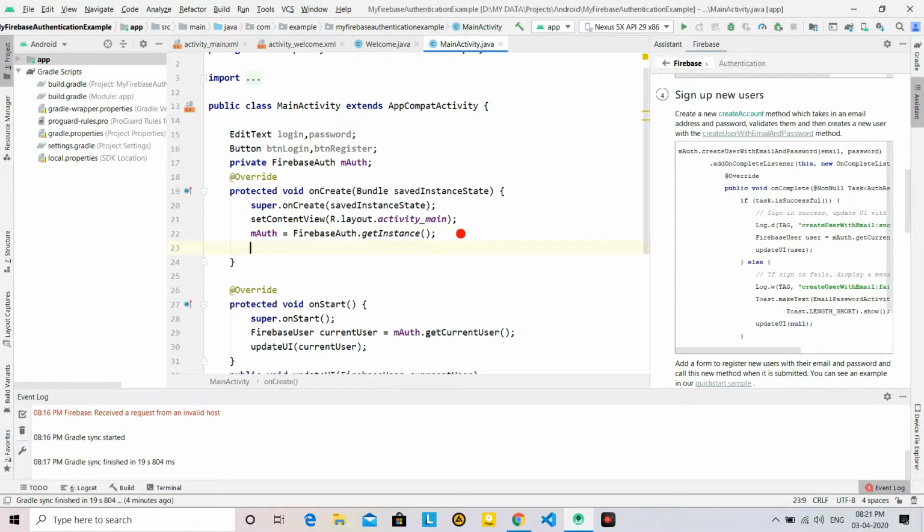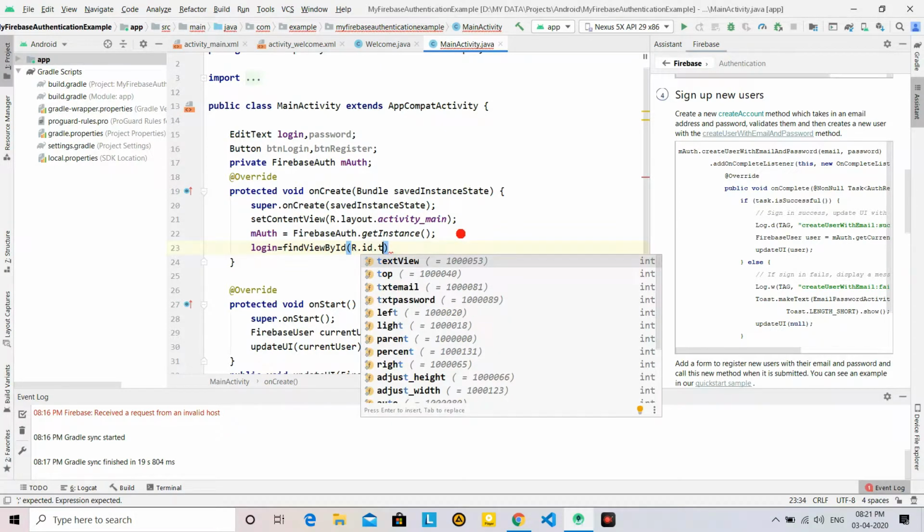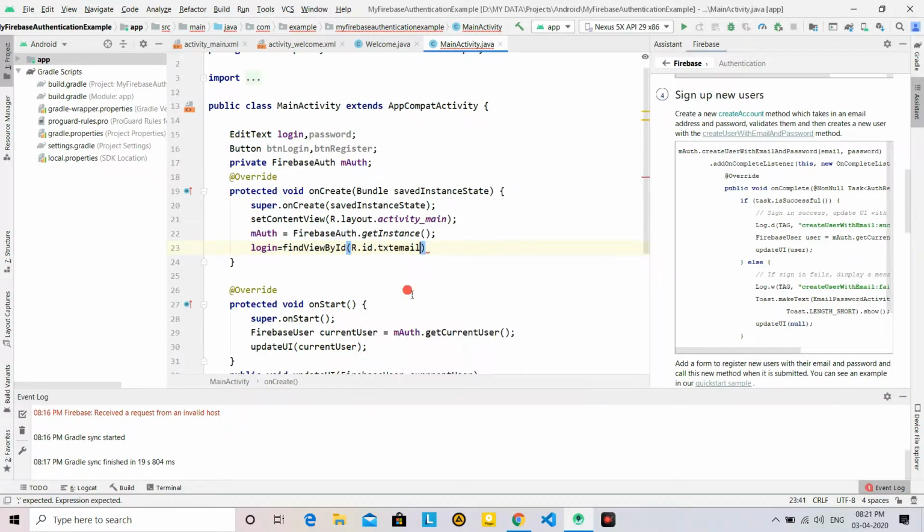Now we have to make the objects, the initialization. So login equals findViewById R.id.txtEmail. This should be converted to email also, because it is email, not a login email. Okay, so I'm just changing it to email.